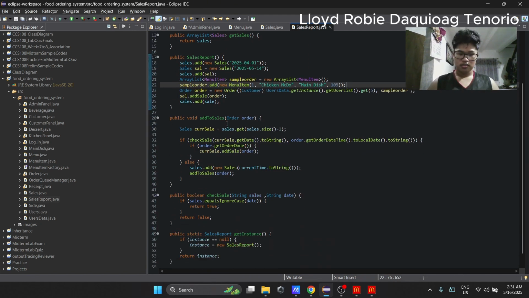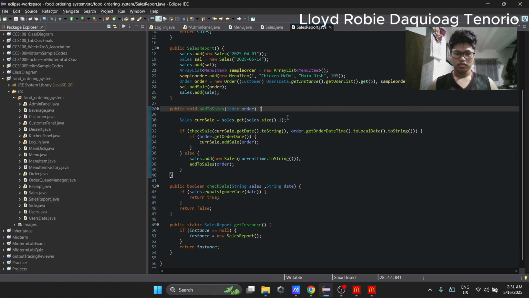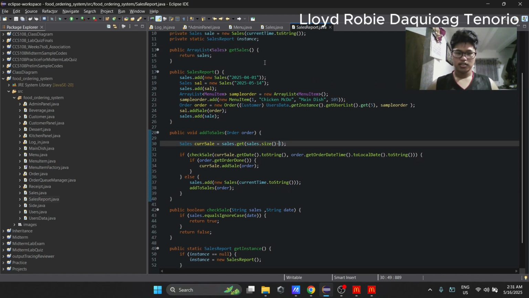Next, public void addToSales. Basically, this method will get called by the kitchen panel. What this does is, first, it will create a temporary current sale object in which we get the last element, or last sale object, in the sales array list.